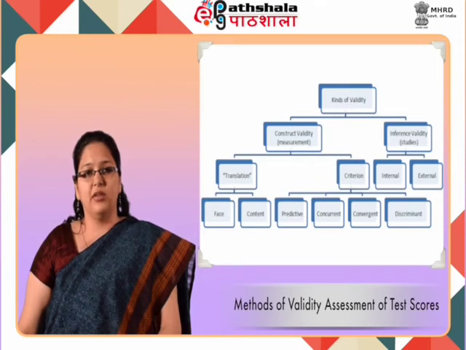Determining validity by convergent or divergent assessment, that is, construct validity. Validation by convergent and divergent assessment was first introduced by Campbell and Fiske. In this, the underlying construct of interest on which the test is based is assessed with other tests based on similar or dissimilar constructs. Thus, another way of naming this form of validity assessment is construct validity. To define formally, construct validity is the degree to which an instrument measures the construct it is intended to measure.